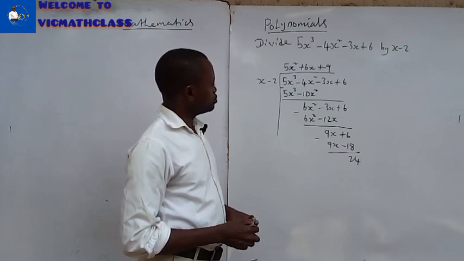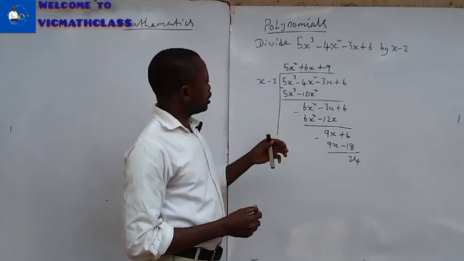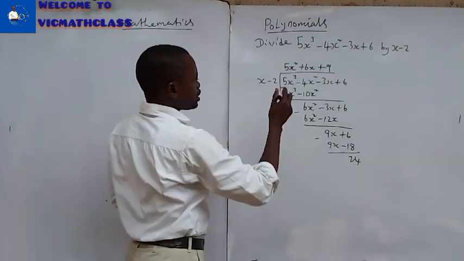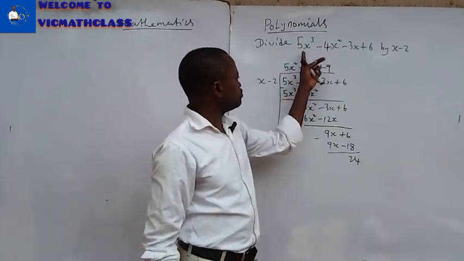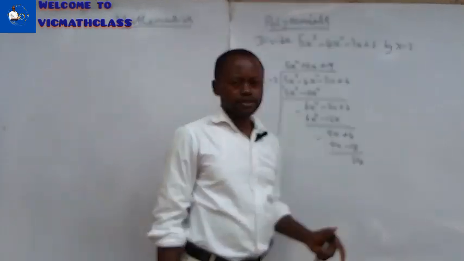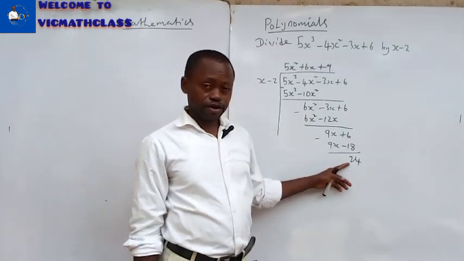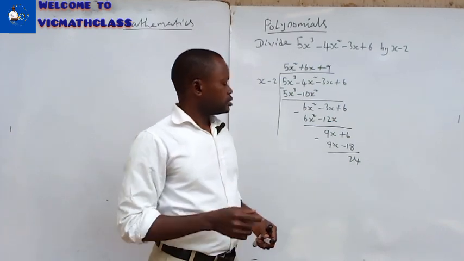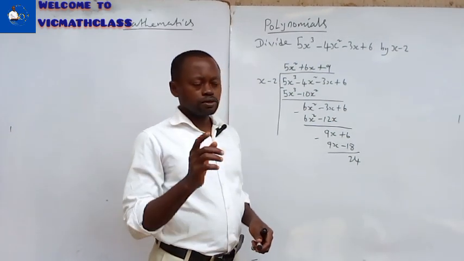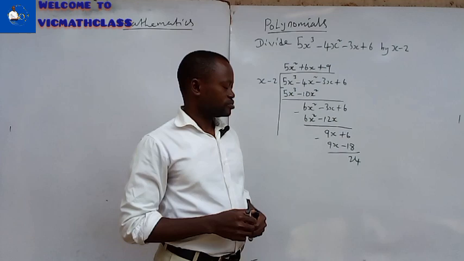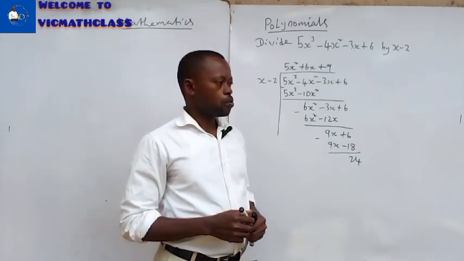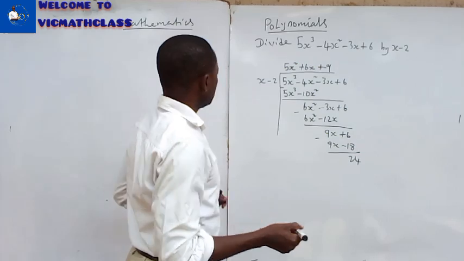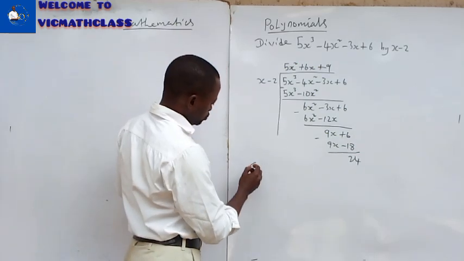All right. Now we have succeeded in dividing this expression by that. We have succeeded in dividing this by this, and we have a remainder. All right. This, as I said, is going to bring us to the remainder theorem. What does the remainder theorem say? The remainder theorem says given